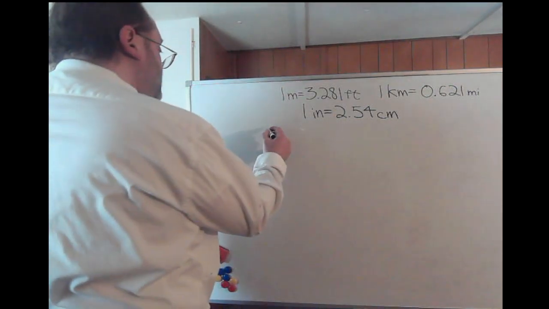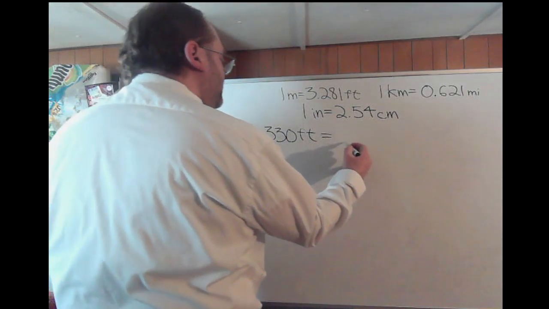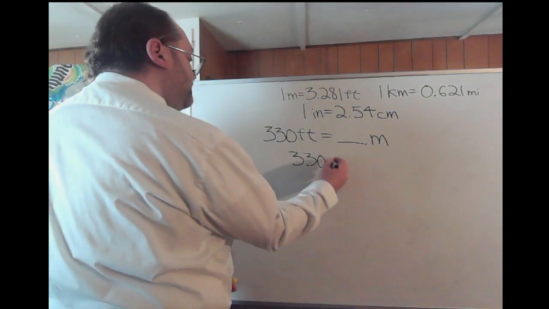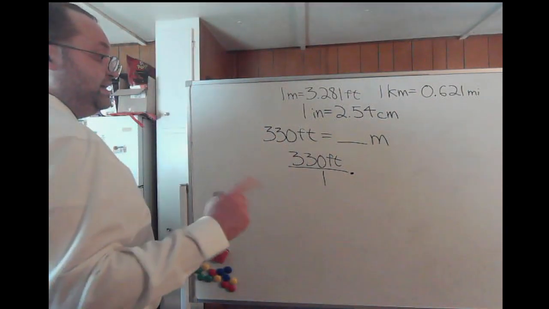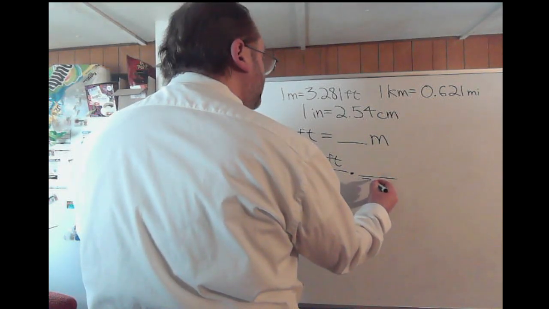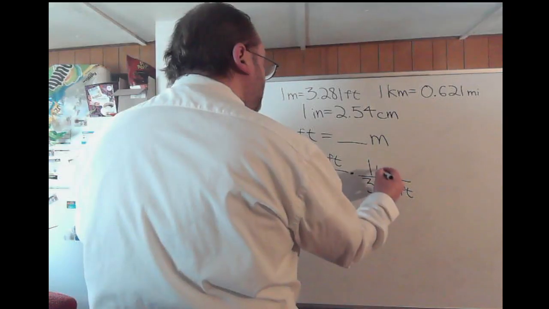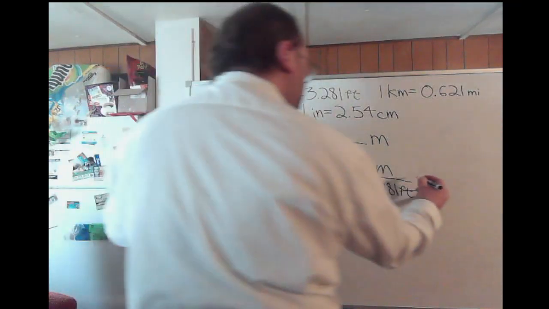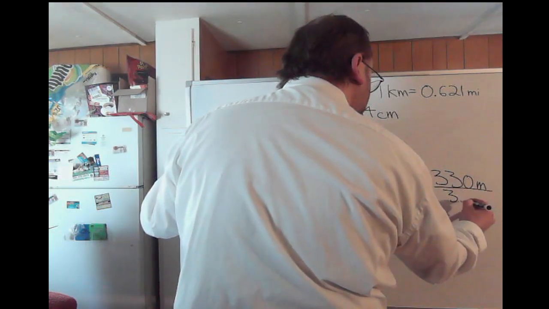But let's say we wanted to find 330 feet and we wanted to convert that to meters. So start with your 330 feet over some guiding 1. Now we want to arrange it in such a way that the feet are going to cancel out and we're going to get meters. Well, we can use the fact that there are 3.281 feet in 1 meter. At this point we have the meters on top. We can cancel out the feet. You're left with 330 meters over 3.281,